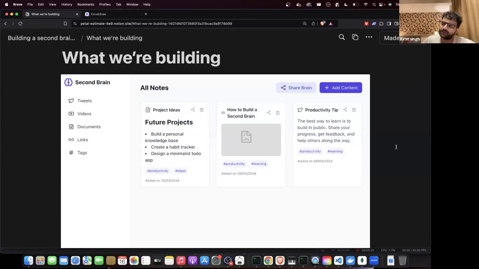A second brain will have multiple thousands of links, even two-year-old links. This will become very big, so you should be able to query on it. Here you use vector databases and embeddings, if you've heard of them. It's a very common pipeline to search through a bunch of existing data that you have. I'm happy to talk about how it works, and if needed, we can build a video on it. Even though it's not CRUD one stack, it's a little bit of AI, but nothing too complicated there.